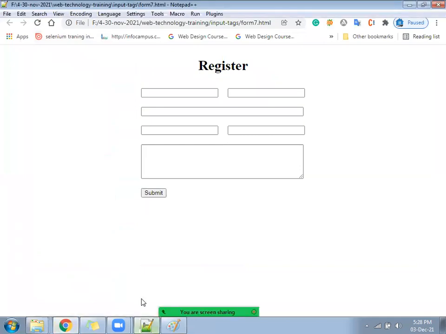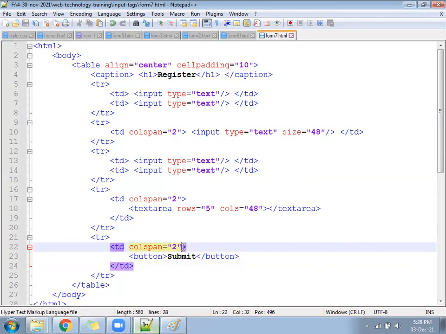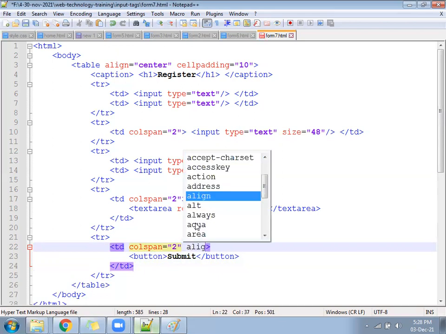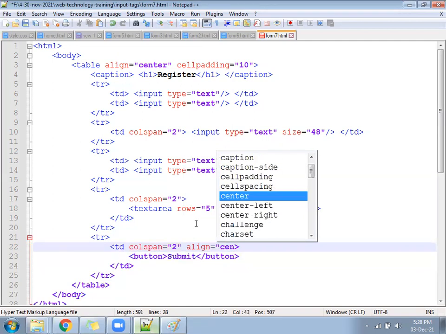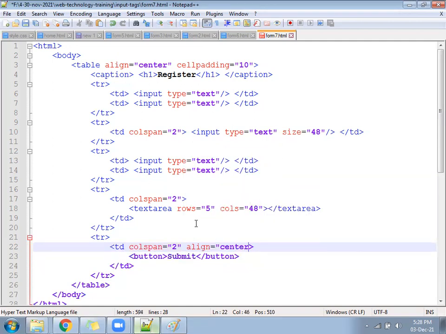But along with the TD, we can also put it in the center. We have a property called align equal to center. So this will work now.